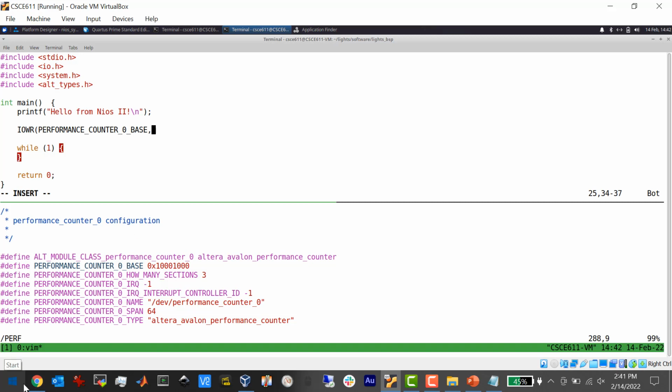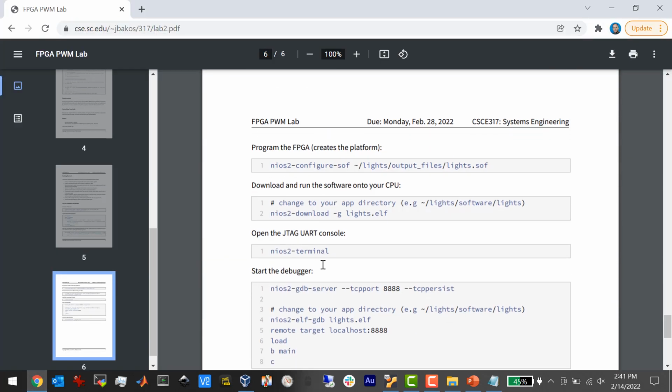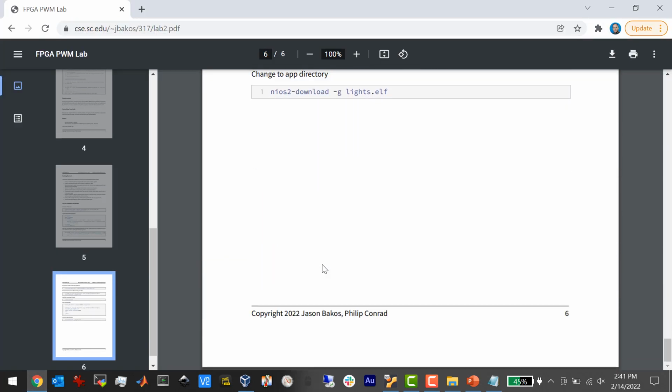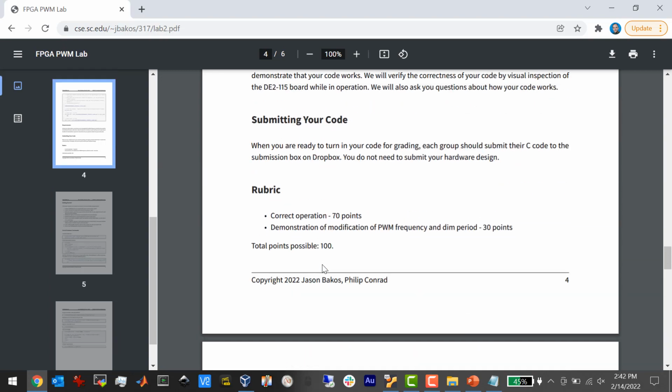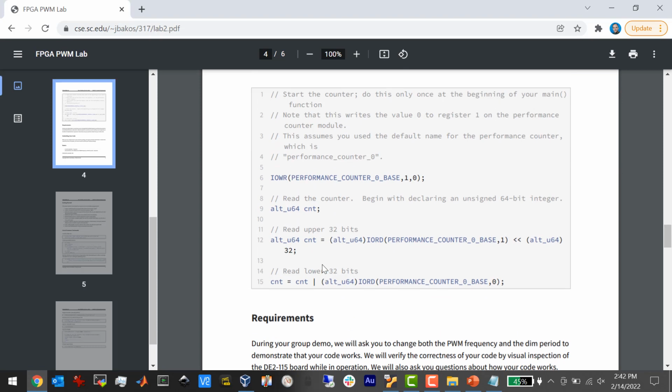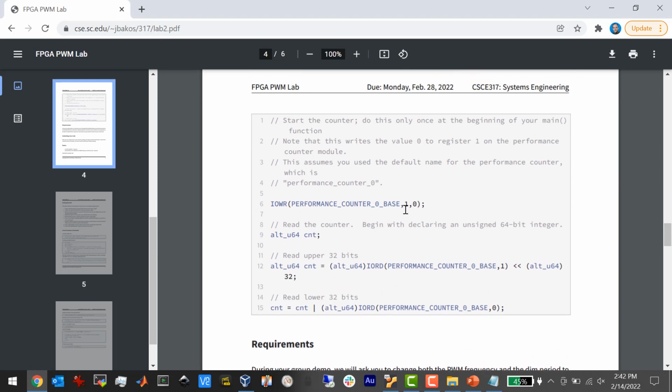you have to tell it to go, and I forget how to do that now. I know I have it in here somewhere. Yes, here it is. Number 1. Okay, so if you write to the, now again, by the way, if you had renamed your performance counter in Platform Designer, it would have a different name. This is the default name. Performance counter 0 base. I'm going to write the value 0 to register 1. That just starts the counter. Again, why doesn't it just always start it? I don't know. It seems kind of strange, but you have to start it,